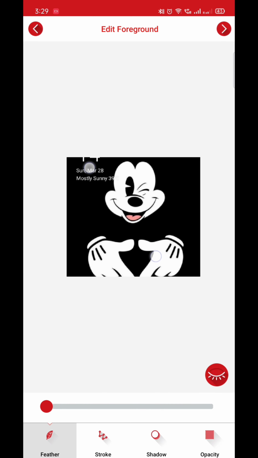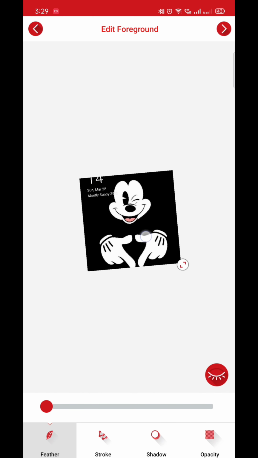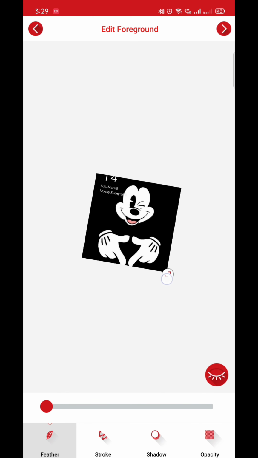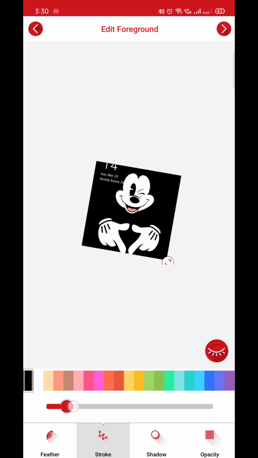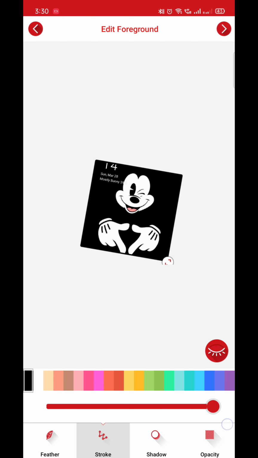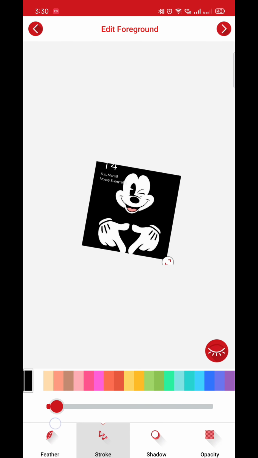So you can adjust after adding the image, after cropping it. You can just go on increasing the feather or vignette feature, and even you can adjust the stroke of the object, that is the effect of a shadow. In this way you can add a white stroke, or even a red, brown or cream border.